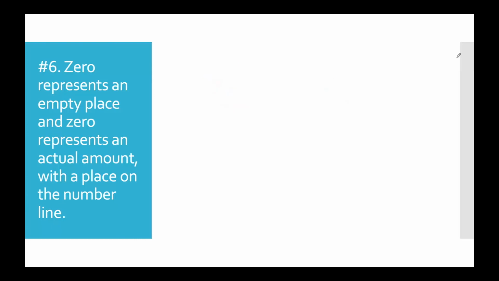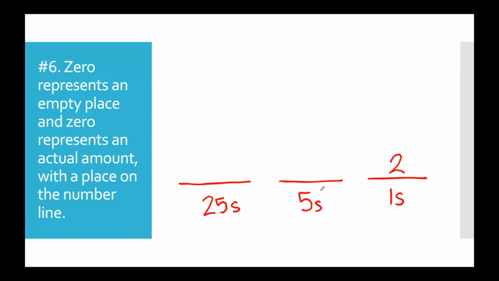In every other base, we will also use 0 as a placeholder. For example, in base 5, if I had a number that had a value of 2 in the ones place, a value of nothing in the fives place, and a value of 3 in the 25s place, it would be incorrect of me to write this number as 32 base 5, correct? Because that would mean, although I still have a 2 in the ones place, I would actually have a 3 in the fives place and nothing in the 25s place, and that would be the incorrect number.